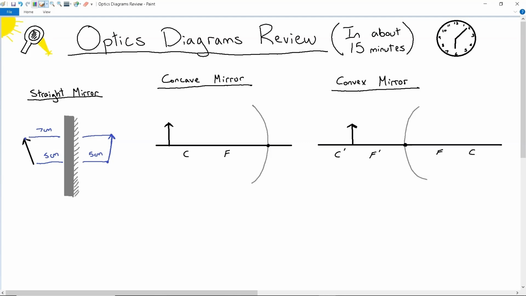What's actually happening is we have a light source hitting the object, bouncing back at the same angle, and then virtually we can extend our reflected light backwards, and you'll see that that's where it hits the end point of our image. So if you need to show proof as to how you got this image, you can use your angle of incidence. Let's say that was like 15 degrees. And your angle of reflection will be the same. So it's coming in at 15 degrees, bouncing back at 15 degrees,